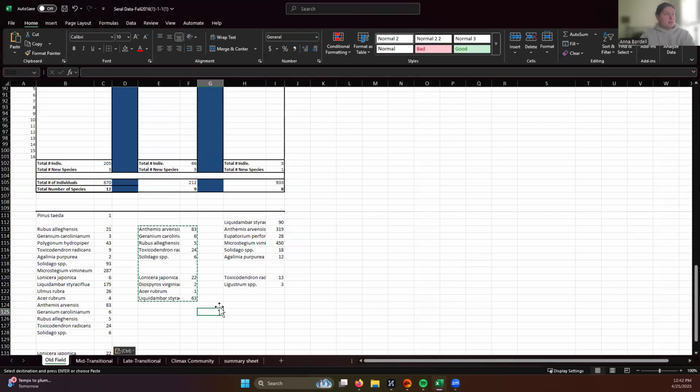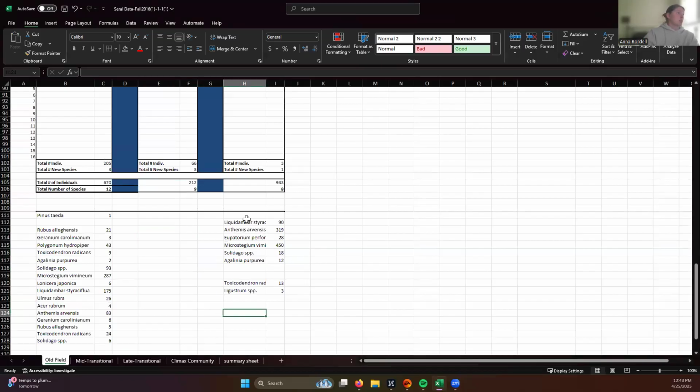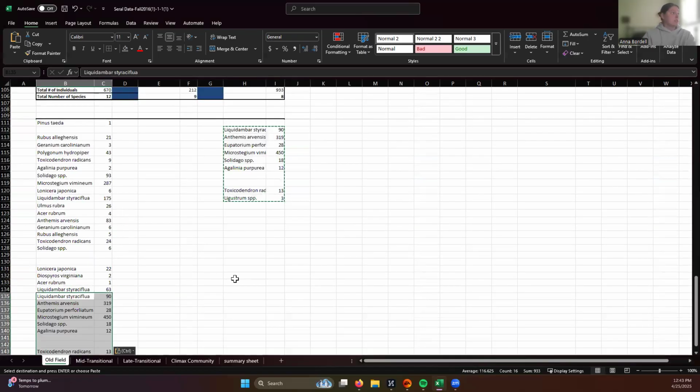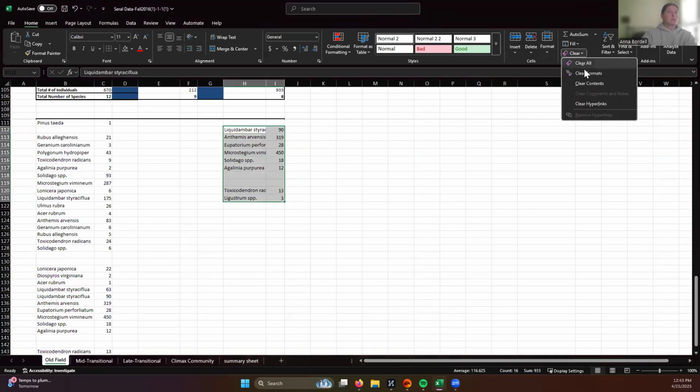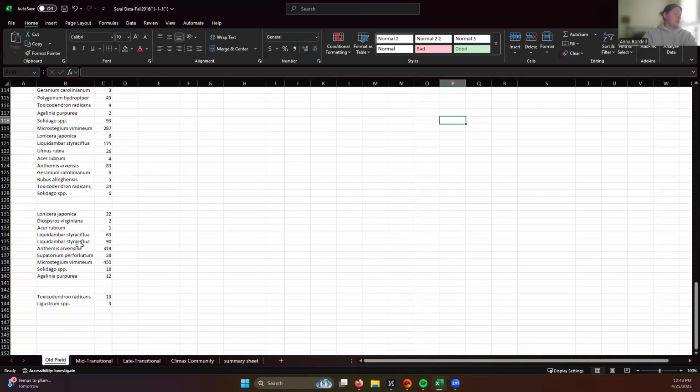Now that that is copied, I'm just going to delete these cells. So highlight them, and then up here on the Home tab, all the way over here under Editing, you'll have this eraser icon, and you're just going to select Clear All. And then the last column I'm going to add underneath. Paste. Okay, and then we do the same thing and just clear these. Okay, so now I have a somewhat